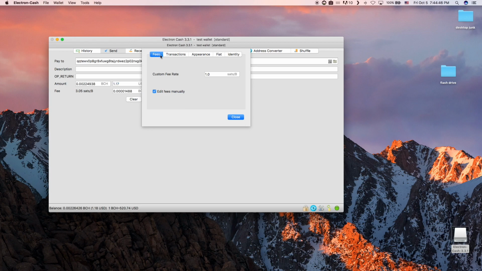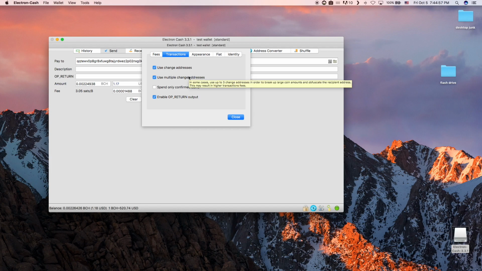Checking the Use Change Addresses under the Transactions tab makes Electron Cash generate a new address for each transaction. This allows better privacy than reusing the same addresses. Choosing the Use Multiple Change Addresses will make Electron create multiple addresses for a single transaction, given the value of it is large enough. This may result in slightly higher fees, but still less than a cent because of using